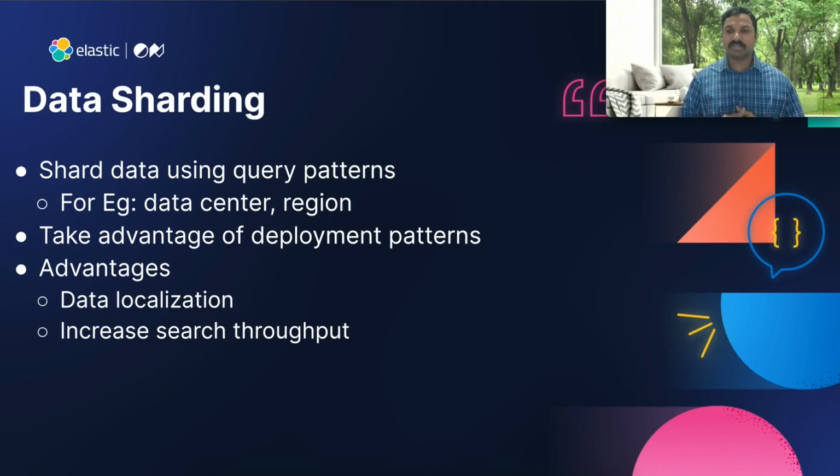So, it is important to understand that and take advantage of this, especially when it comes to understanding your deployment patterns. Now, having data localization that way, you can support partial failures. You will also have increased search throughput, wherein if you know exactly where your data is, on your query layer you can target all your searches to that particular cluster only, instead of federating it across all your Elasticsearch clusters